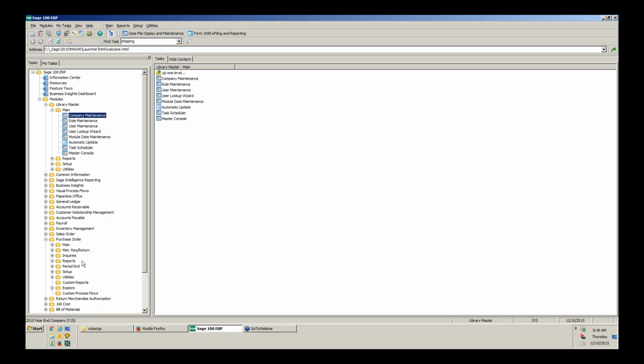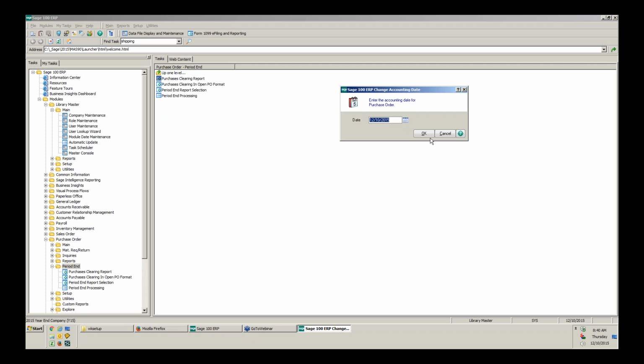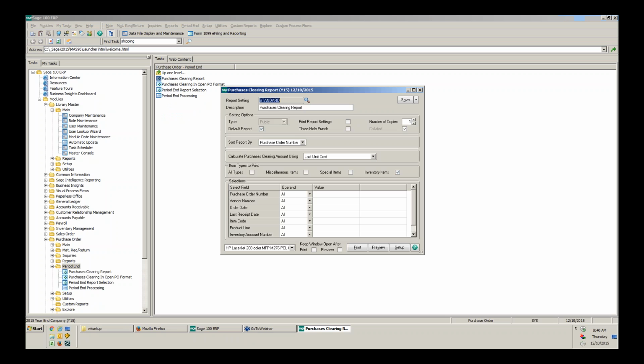So you need to be sure that you run that right at the end of the month before transactions are processed for the new month. So that's done in PO period end in the purchases clearing report. So if you come in there and then you hit preview or print,